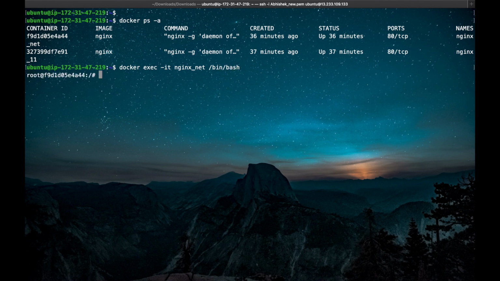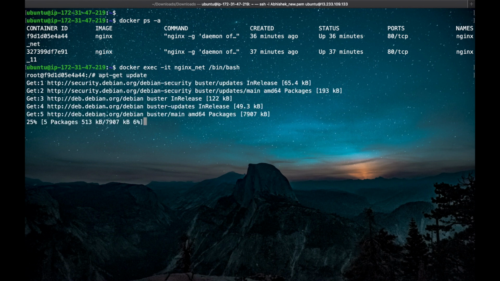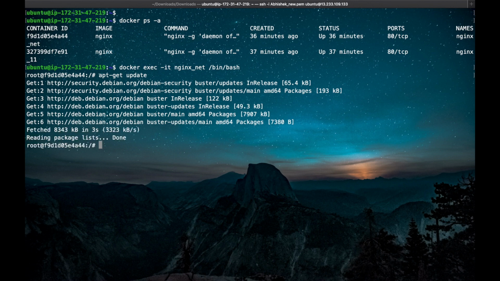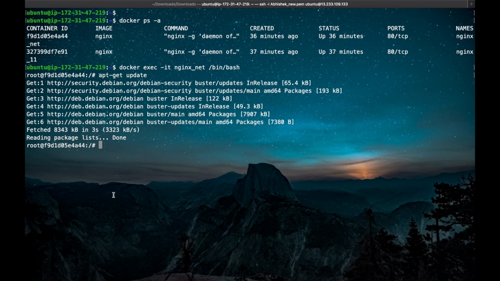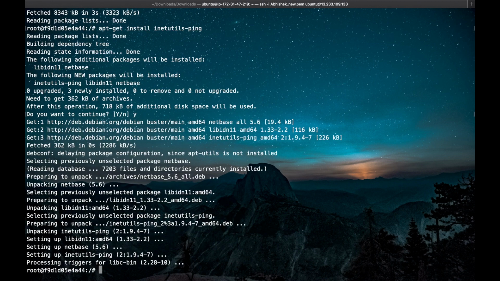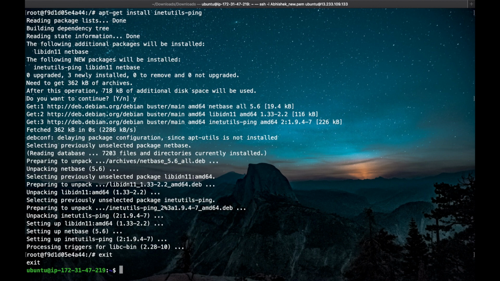Once we execute this command, we are logged into the container. After that we have to update this container, so apt-get update. With the help of this command, the container is updated. The next command is install ping. So ping is installed in my container, and exit this. Clear this out.